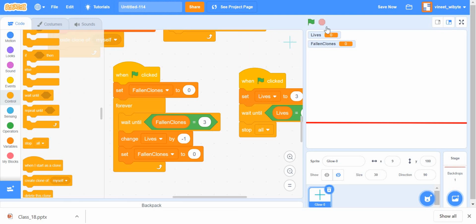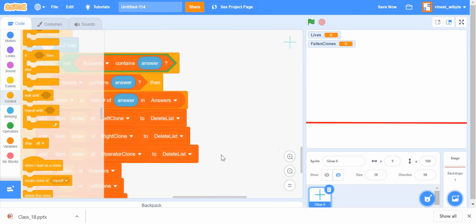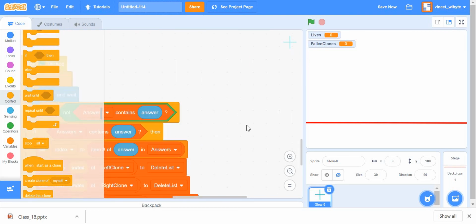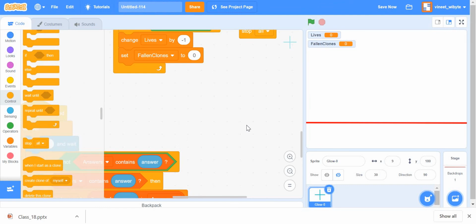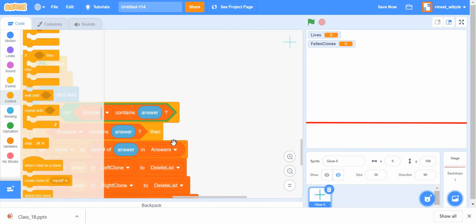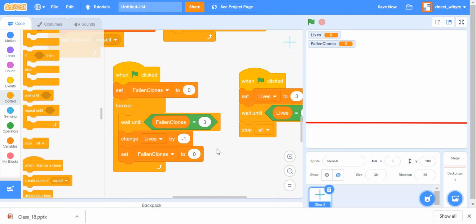I just need to add some notion of a score, and one way to score this game is to figure out how long I have lasted, right? Another way could have been how many questions I have answered, right? That could also be done from the time we are processing this. So every time we answer a question, we can give ourselves a point, right? That's another way of doing it, but I'll take a simpler approach probably, because here I have to worry about repeated questions as well, right? But that's a very valid approach one could do.